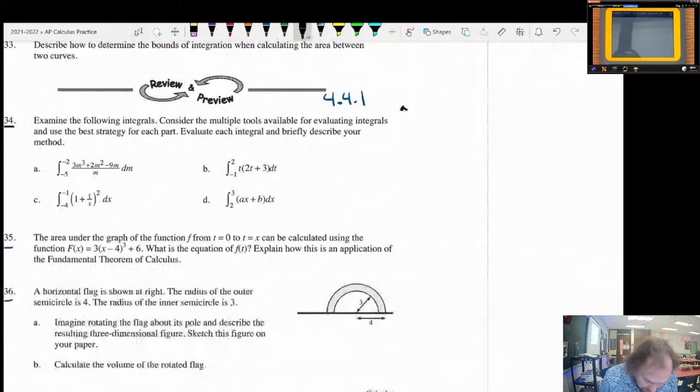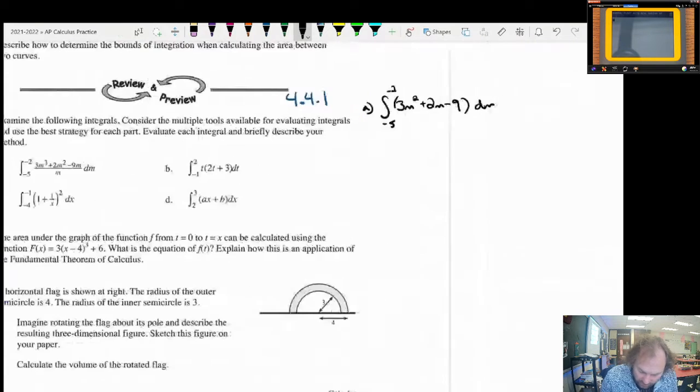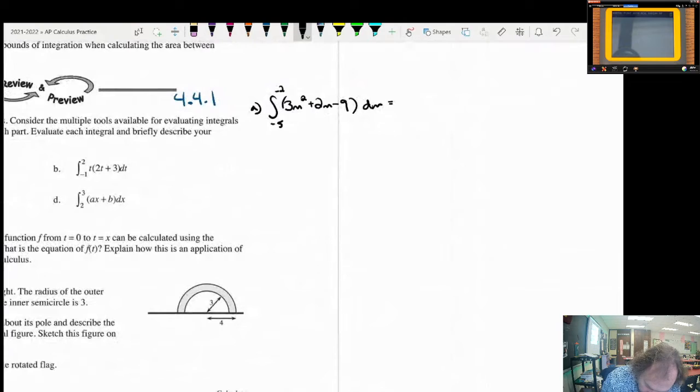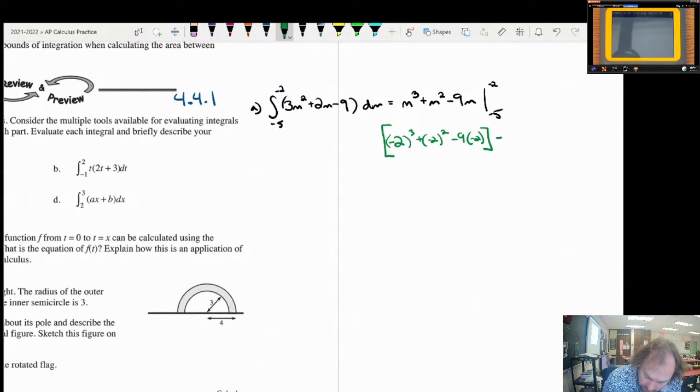For question A, the first thing I'm going to do is keep the integral the same from -5 to -2, but I'm going to divide that m all the way out. It's going to make it 3m squared plus 2m minus 9 dm, which means our antiderivative is going to be m cubed plus m squared minus 9m, and we're going to evaluate that integral from -5 to -2. So what we need to do now is plug in the numbers: -2 to the third power plus -2 to the second power minus 9 times -2, and we're going to subtract from that